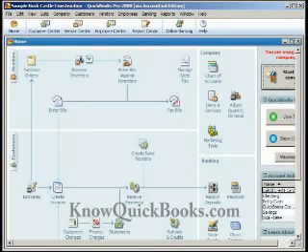Now we're going to talk about getting around in QuickBooks a little bit. The first thing we want to talk about is the home page. This is a new feature that became available in version 2006, and it was a great feature. The home page is organized so that you have icons for the different things that you may want to do